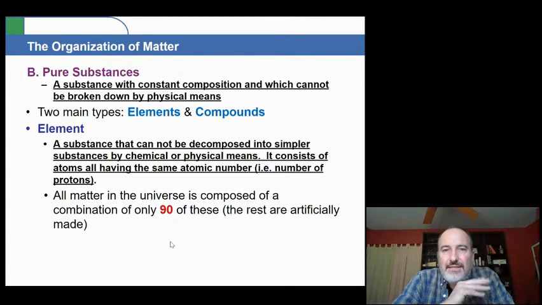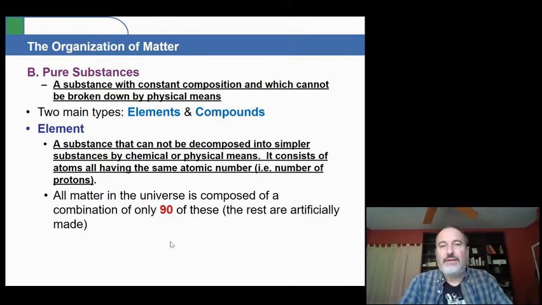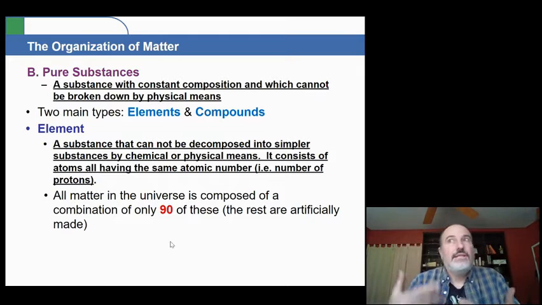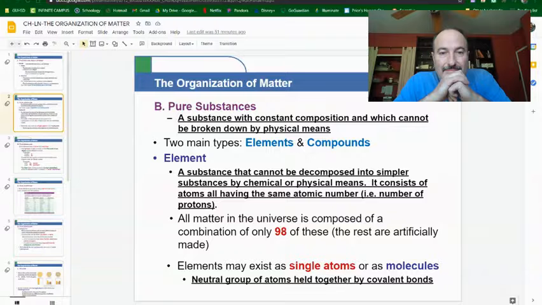Individually, there's not that many different individual types of atoms, but you can combine them together in an almost infinite variety and come up with almost an infinite number of different substances based upon how these atoms interact. And that's honestly really what chemistry is all about, is looking at these interactions and what we can make with these different atoms. Real fast, I just wanted to make a correction.